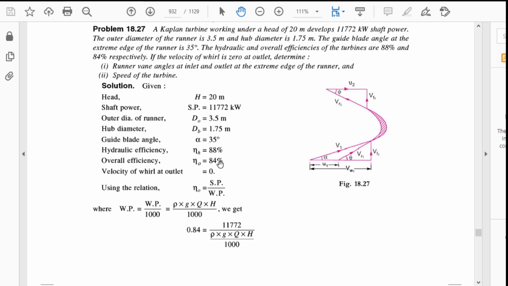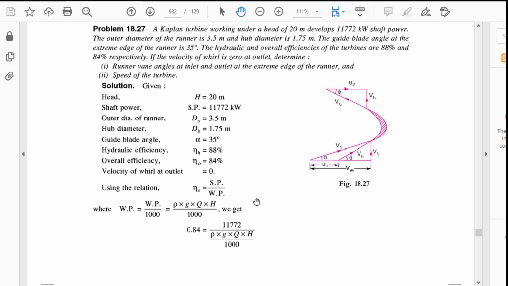Now the velocity of whirl at outlet is given as 0, which means the outlet has radial discharge, so beta is also 90 degrees. Because of that, the outlet velocity triangle is like this. It is the same as that for the Francis turbine. Now here,